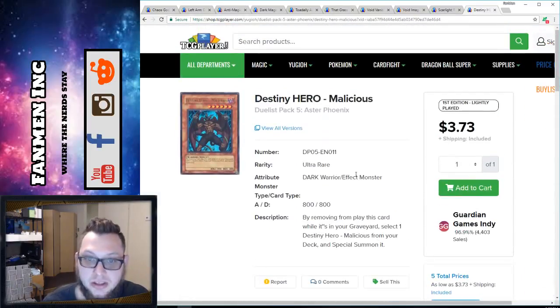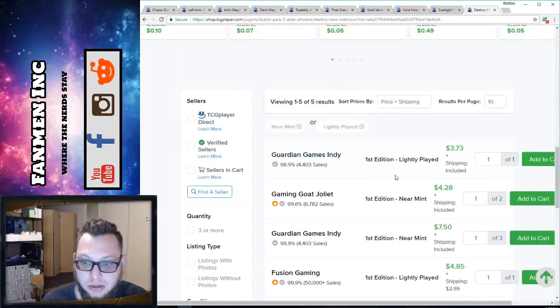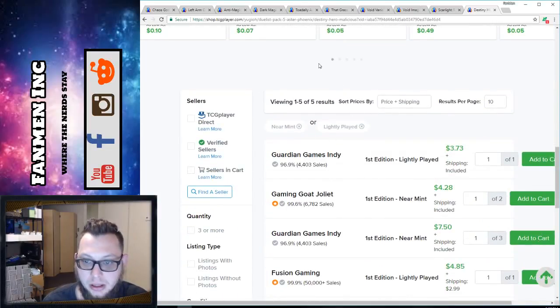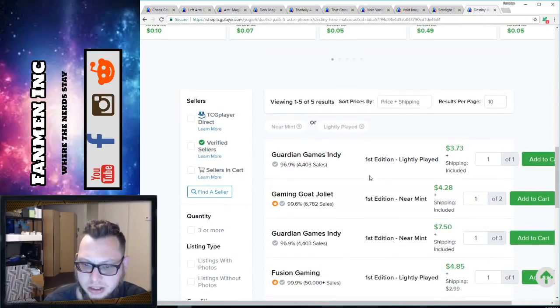Okay, so now there's even more of him up. This is one I told you I was going to keep an eye out for a while. Yeah, Dragon Ball. We have first edition lightly played for $3.73. This is the Astro Pack version, the one that I told you all I would definitely keep an eye on. So there's 8 of them total, but with what we're searching for, there's only 5 lightly played or near mint. As always, you got $3.73, $4. So I think these are the same 5 that were